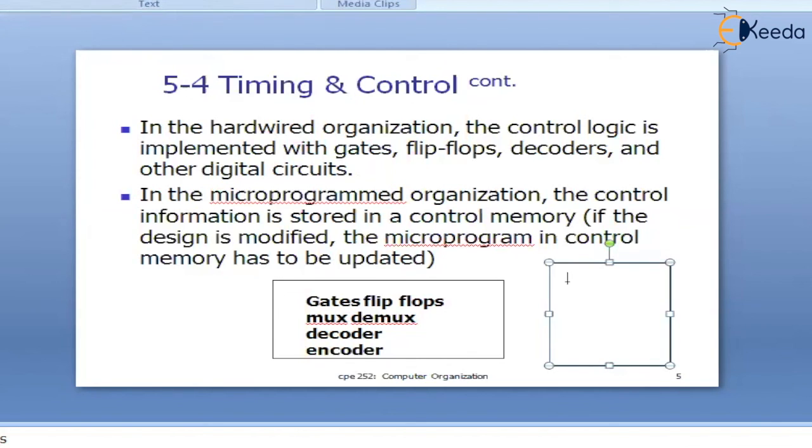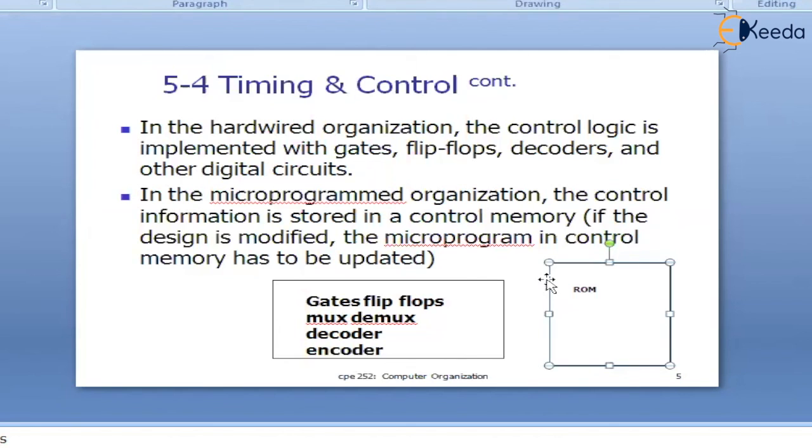As a programmer, I can design my control unit by writing code to generate the control signals, and I store that code typically in a ROM. The total code which generates the control signals is available in the ROM. Then I use this ROM as a control unit.